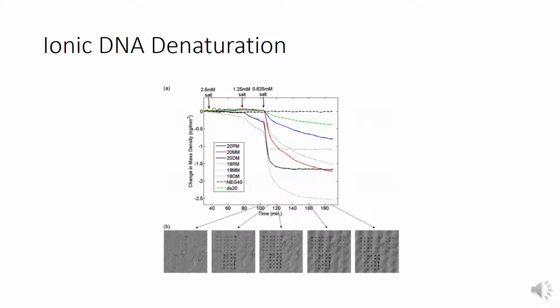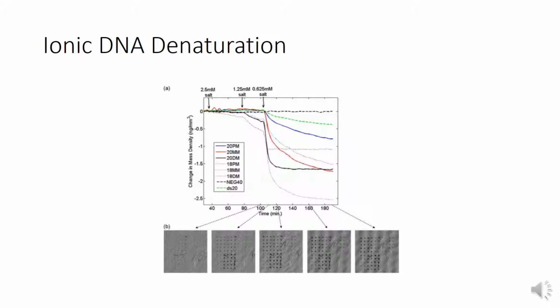It can be seen in part A of this figure, which is a graph of change in mass density over time through different ionic concentrations of salts, that immediately the 18 double mismatch hybridization begins to denature through the weakest solution, and therefore it can be seen as the least stable hybridization, whereas